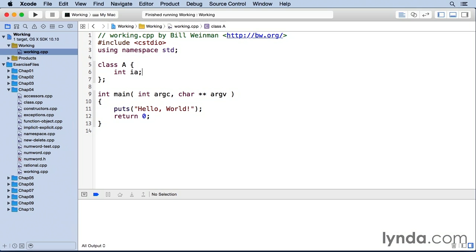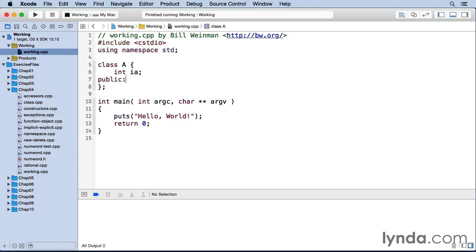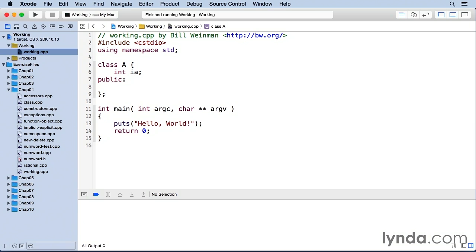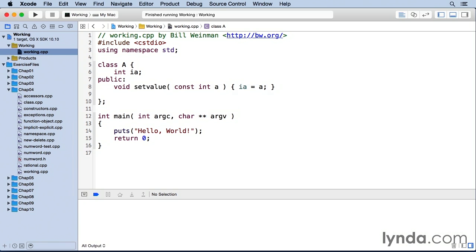That means that they can be accessed from functions that are part of the class, but they cannot be directly accessed from outside of the class. So for this purpose, we create public member functions, and we use these public member functions to access the data in the class. These public member functions are often called accessors or sometimes setters and getters. So we'll start with a setter, which would look like this, and then we'll write a getter, which looks like